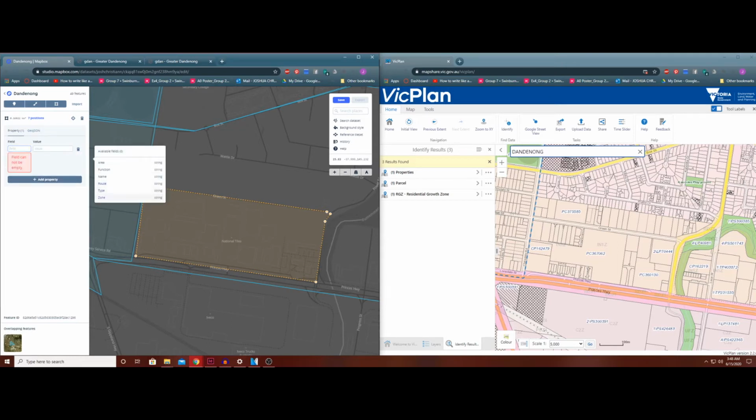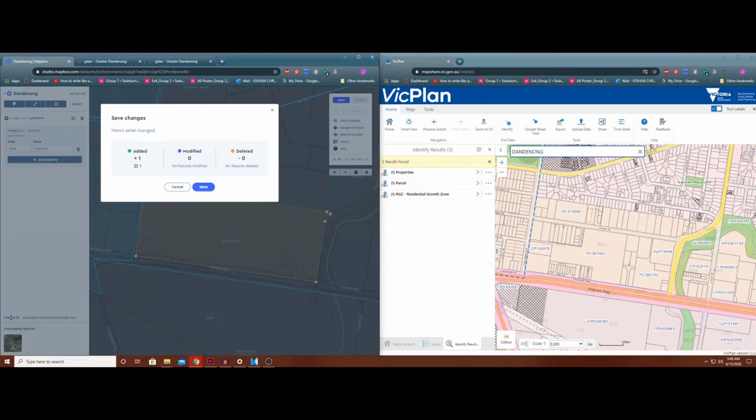Oops, apologies. Zones, industrial, and add another more. For example, function, if you want to put such stuff. But since this is just an industrial zone, we don't have any specific function and other stuff that we need to have as a property. You can delete those. So save it, save,